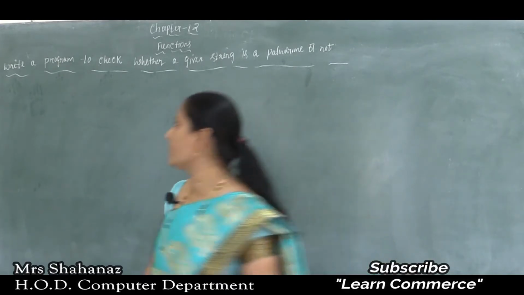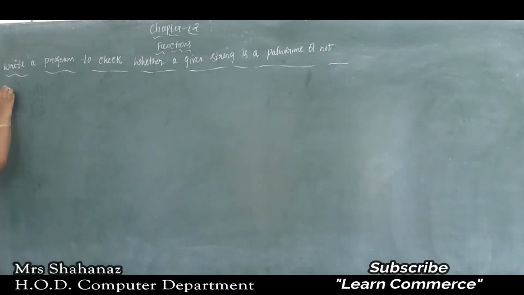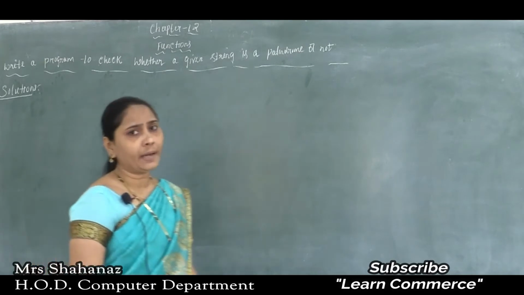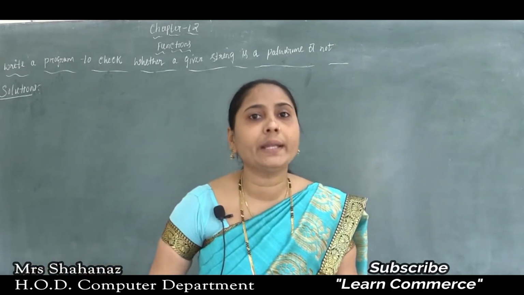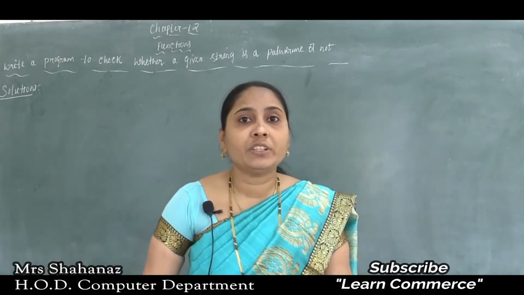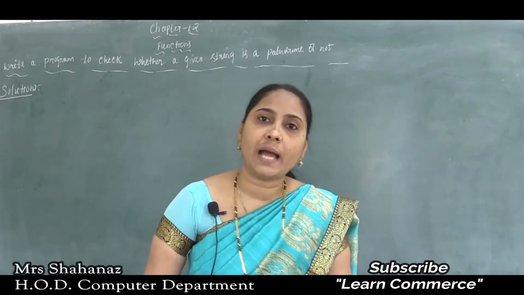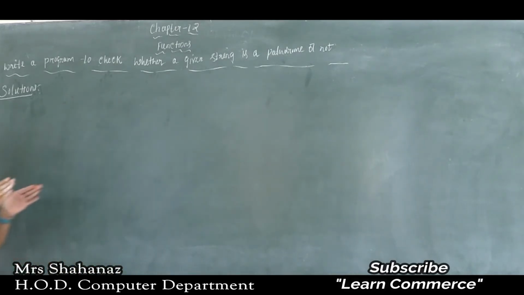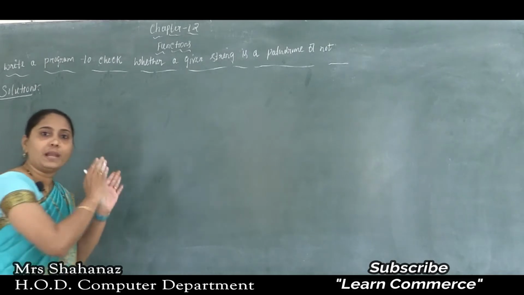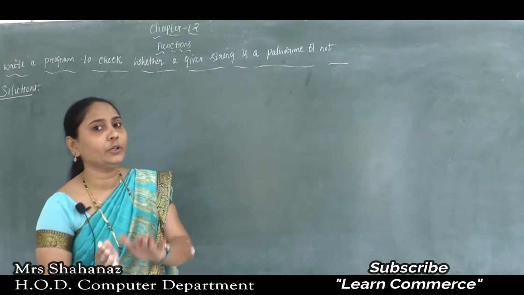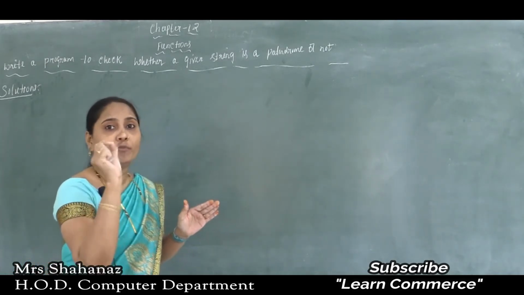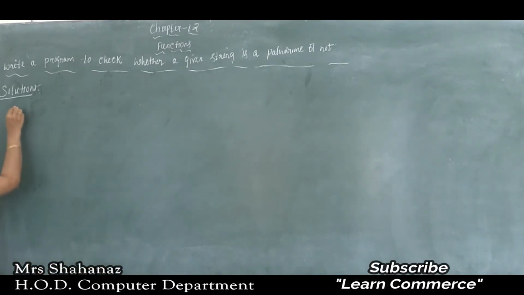Now what is the meaning of palindrome? First of all, in the solution I want to tell the meaning of palindrome. A palindrome is a word, clear this point? It is a word which reads the same in both directions. Maybe you enter any palindrome word, and when you read it from left to right or from right to left, you will get the same word. So this word is called a palindrome.